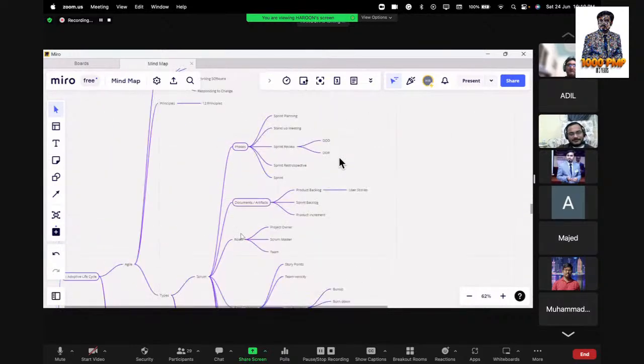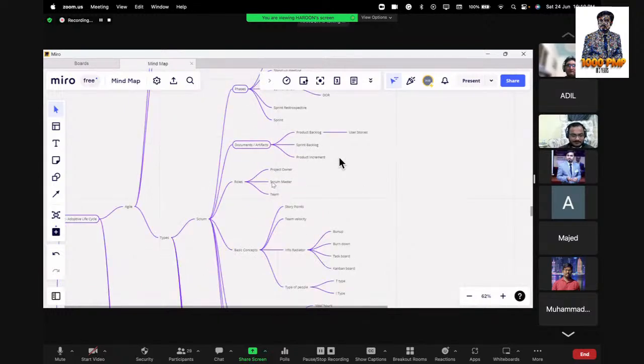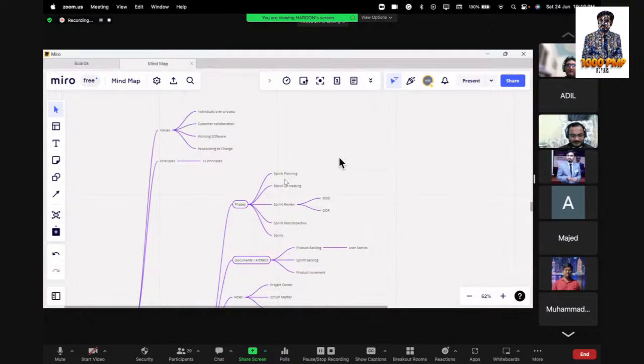Scrum has three artifacts, documents: product backlog, sprint backlog, and the product increment. And the roles: product owner, Scrum master, the team. And the phases are the sprint planning, stand-up meeting,